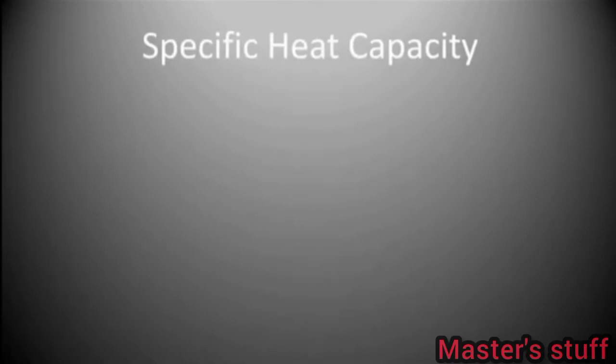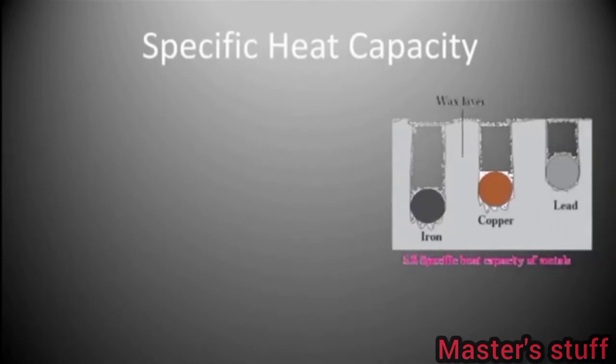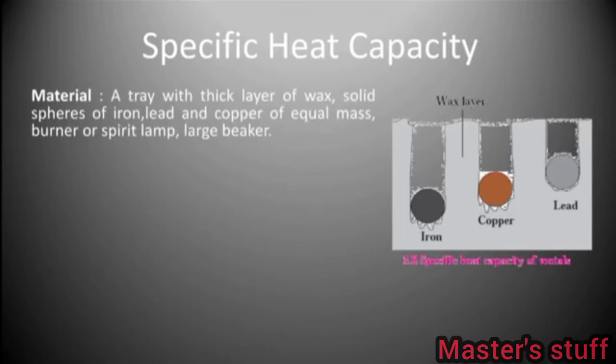Specific heat capacity. In order to understand specific heat capacity, let's perform an activity using materials: a tray with a thick layer of wax, solid spheres of iron, lead and copper of equal mass, a burner or spirit lamp, and a large beaker. Procedure: